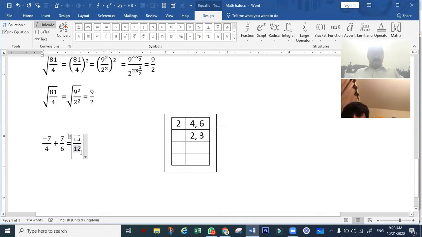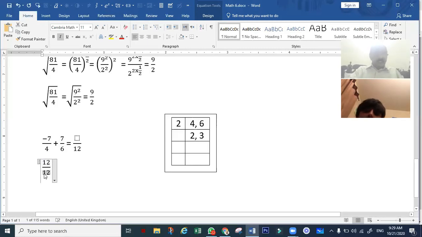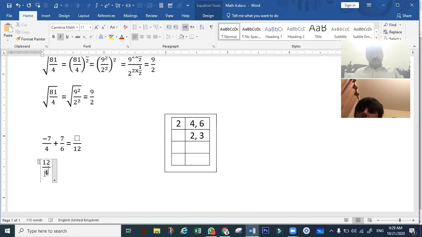Now I tell you the procedure. What we do? We write down 12. देखो ये लिखा है ना बेटा, क्या करते हैं बताओ? ये 12 को लिखते हैं बॉटम में, और इसको 4 से डिवाइड करते हैं. How many times does it go? 4 times 3 is 12. Now we multiply minus 7 by 3. So what do we get here?